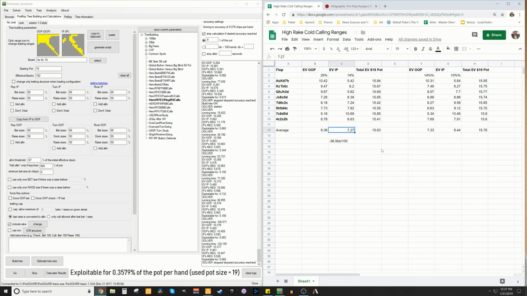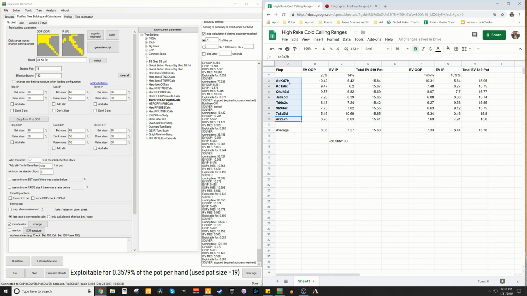However, notice that if you are the in-position player, across all of these boards on average, you are going to lose a pretty significant amount of money, right? You're going to lose about 73 cents. Remember, out of a $2 blind, right? So out of 100 hands, this is actually going to be a 36.5 big blind per 100 loss across almost all board textures. Obviously, I've only picked a small smattering of board textures,